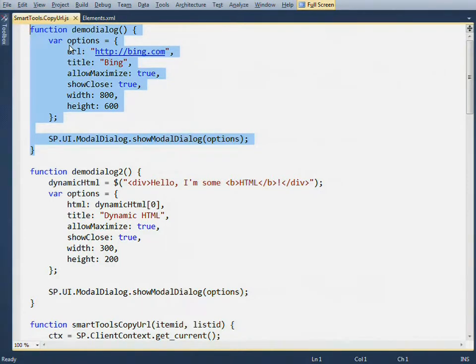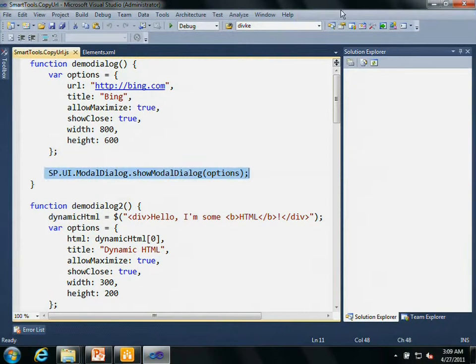What's going to happen in this code? Well, first I will define some options. I will say my dialog will actually show bing.com. Once again, not very exciting, but just to give you an idea. The title will be Bing. I allow maximization, I show close, and the width and height will be displayed. And this is the magic that's going to happen. I'm going to show a modal dialog based on the options that I defined on top. If I deploy this stuff,